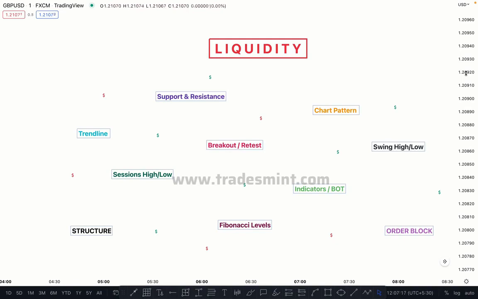Let me show you how banks and institutions read our entries, our structure, our entry criteria, stop loss, target, everything. And then what happens? We take an entry and then hit the stop loss, and the trade goes as I predicted, correct? So how can we avoid it? There are so many types of liquidity, but we will focus on major liquidity like support, resistance, and structure.